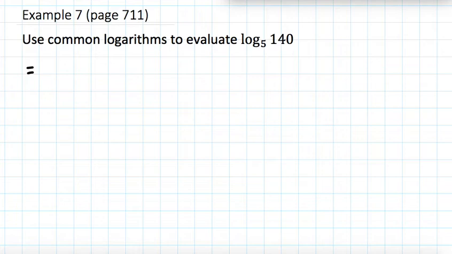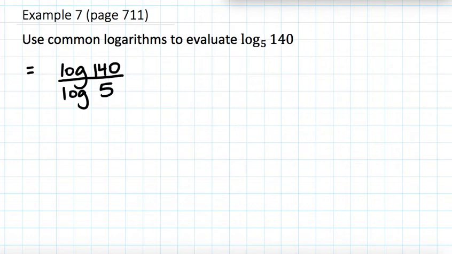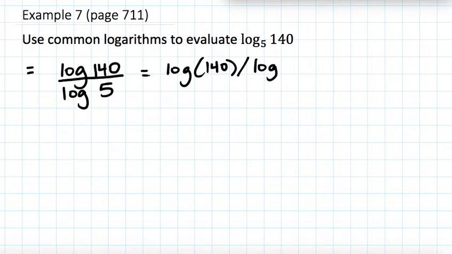So log base 5 of 140 would equal log of 140 divided by log of 5. So on my calculator, I would type log 140 divided by log 5. And I'd highly recommend doing this all at once